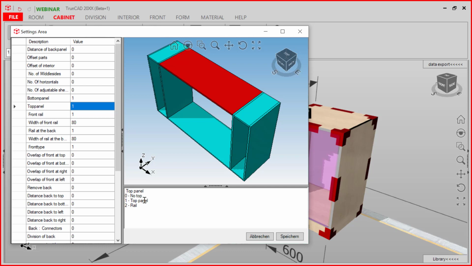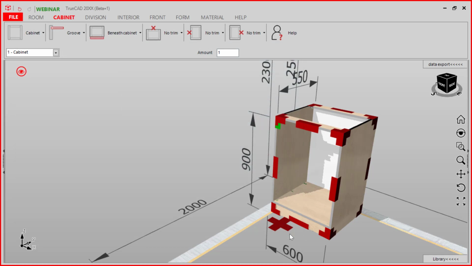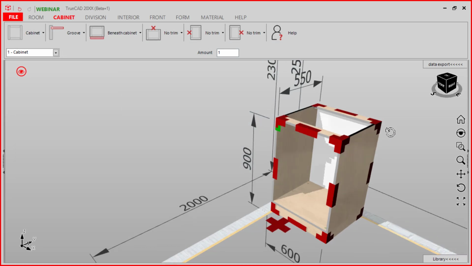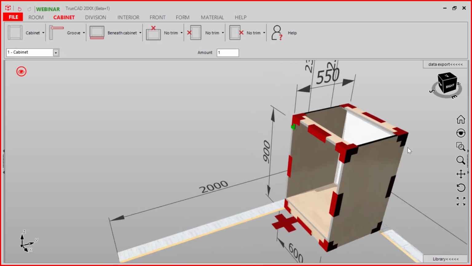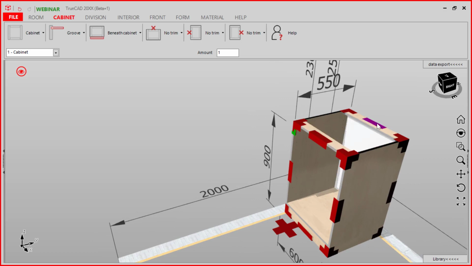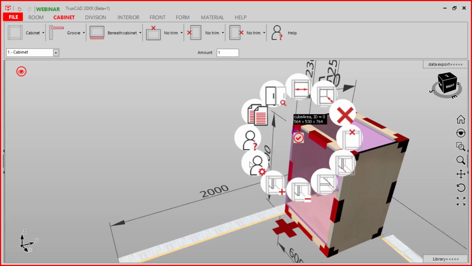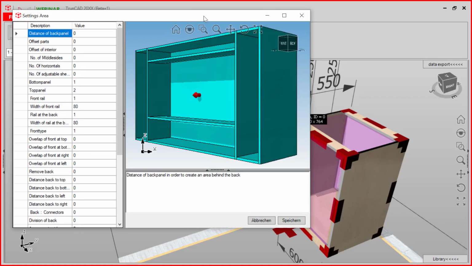And when we type in number 2, then we will get a rail on the top after we have saved it. So here you see we have the rails. When we click on the smart click again and go back to our setting area,